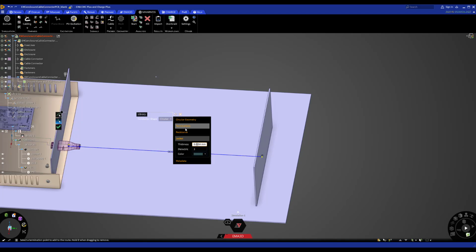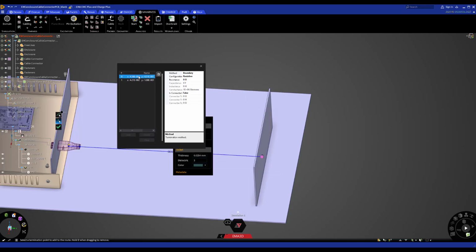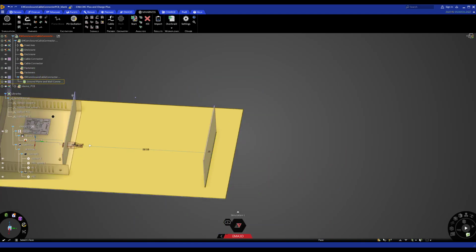So to make that adjustment, we click on termination and click here on terminations. And now we see the 2 points here. Once I click on it, you see it gets highlighted with pink. So this one we need it to be 50 ohm. And this one stays as 0 ohm. Then we click X and we click on the green check mark. So now we defined the first conductor,